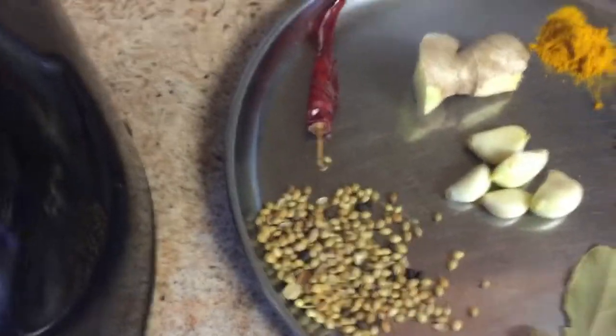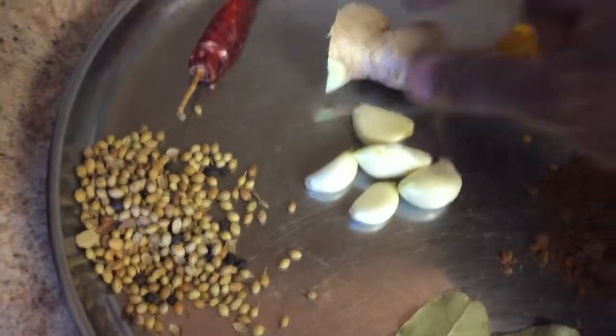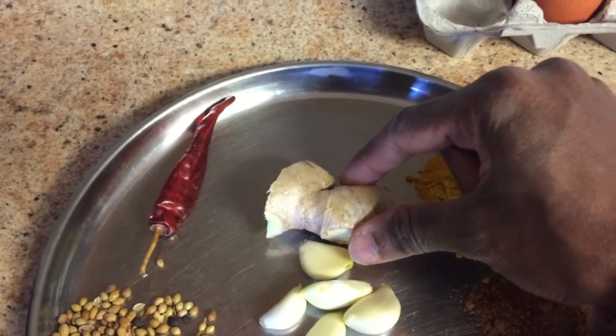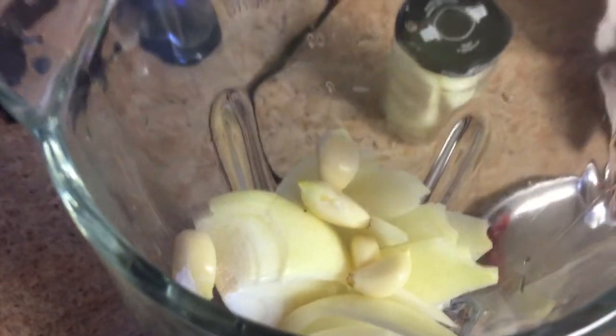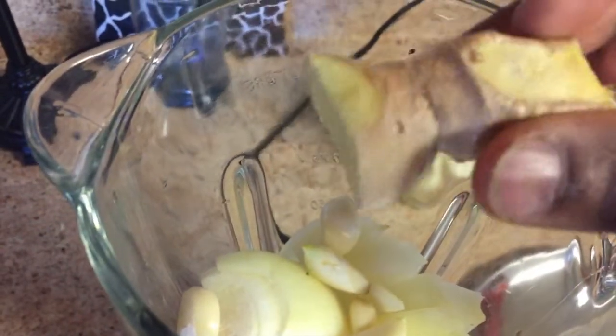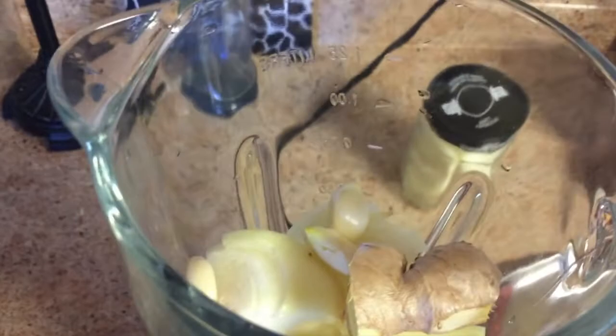This is optional too. And here we need 5 cloves of garlic and about 2 inches of ginger. I'm gonna make a paste. And here is the onion I already put in the blender. It's 1 medium onion. I'm gonna add the garlic, and I'm gonna cut this ginger into small pieces, like 3-4 pieces. I'm gonna put it here, and you need a little bit of water to make this paste. So I'm gonna make this paste, and with that I'm gonna put this